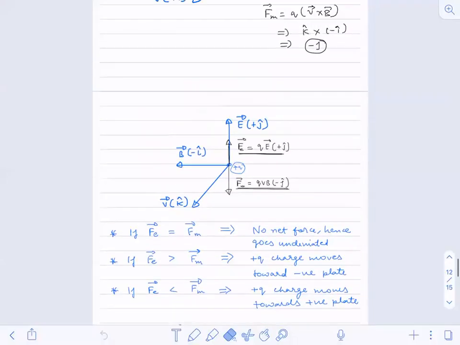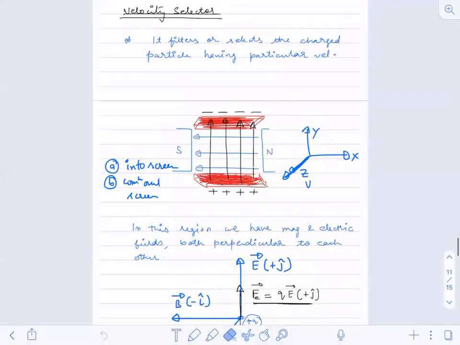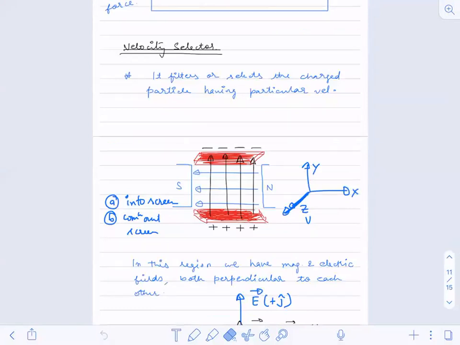Okay, we have completed the velocity selector yesterday. Today we have to start the cyclotron. Okay, today we are going to start this cyclotron. So yesterday we have already seen that